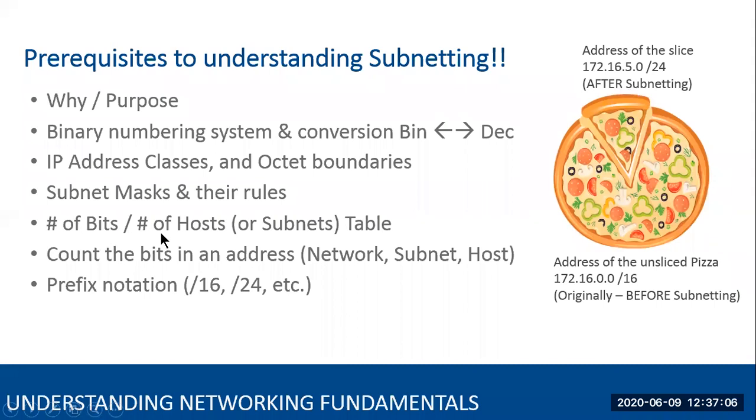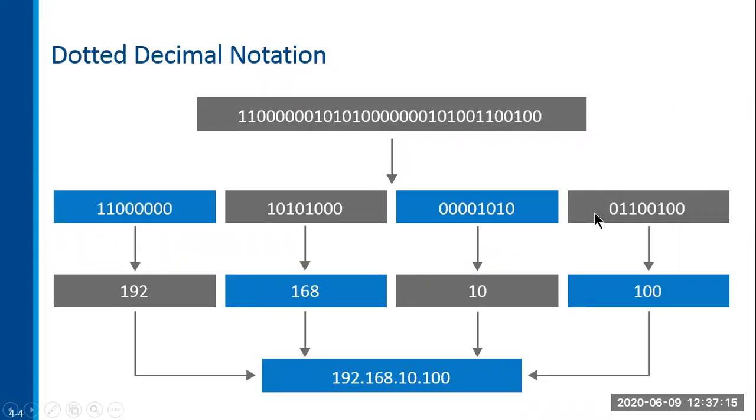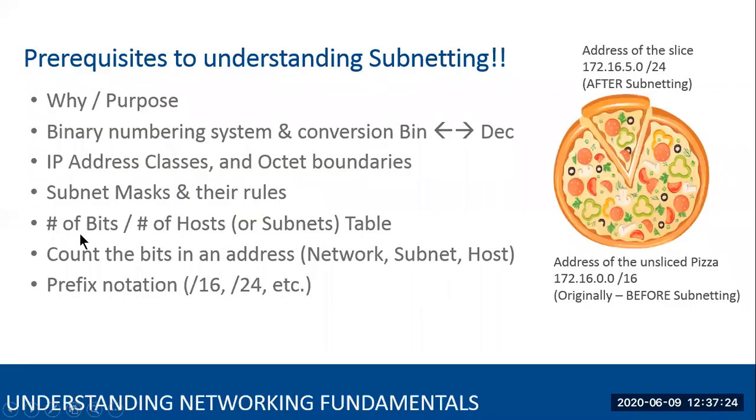And also, when we have network bits and host bits, just like here, you have network portion of the address and host portion of the address. Or like here, you have some portion of it is the network, some portion of it is the host, and so on. Well, you and I have to be able to count how many bits are the network portion, how many bits are the host portion, and depending on how many bits we have, how many addresses or subnets we can have. So all of that has to be figured out. And again, if you don't understand that relationship between the number of bits and number of hosts or number of subnets, excuse me, it won't be clear how to do it.